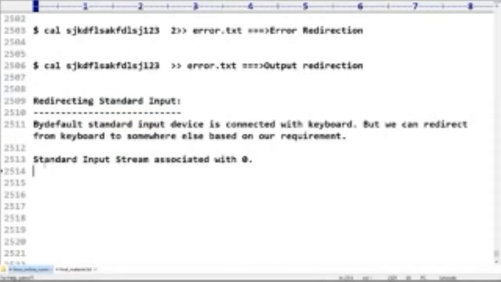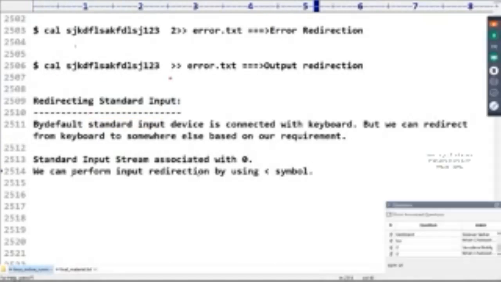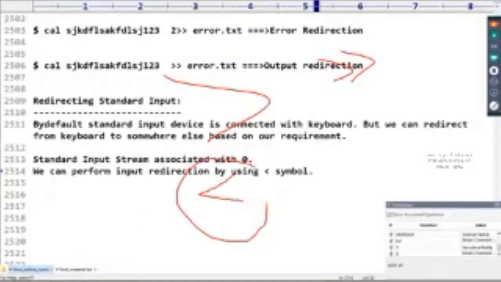Next, we can perform input redirection by using the lesser than symbol. Remember this very carefully, sir. Output redirection and error redirection, we have to perform by using greater than and double greater than symbols, sir. But input redirection, we have to perform by using the lesser than symbol.